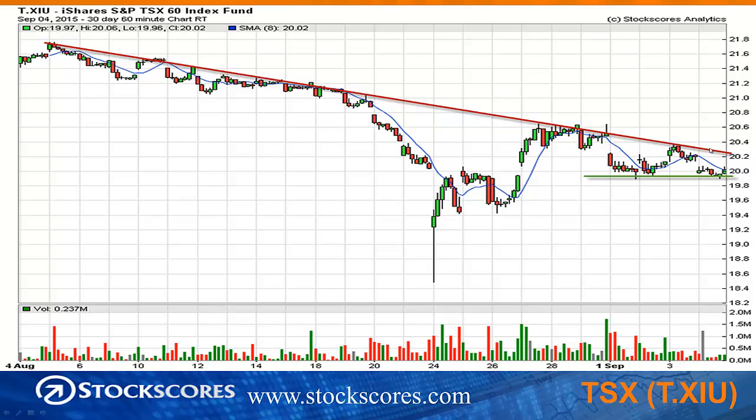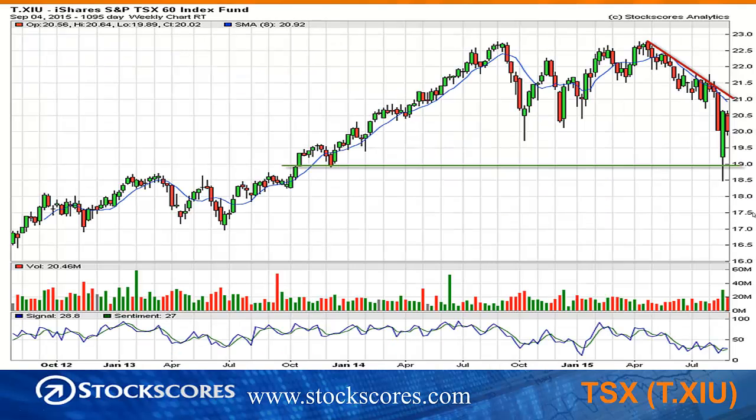So watch for that red line, which I've drawn across the tops, to get broken on the intraday chart. If we break down through the green line, which could happen next week, then we're going to probably move down to retest the lows down around in here. So I would say it's still a negative looking chart, but certainly that could change very quickly if we break